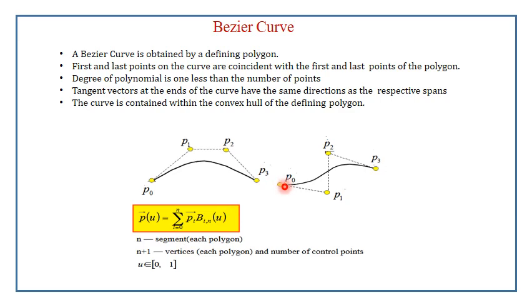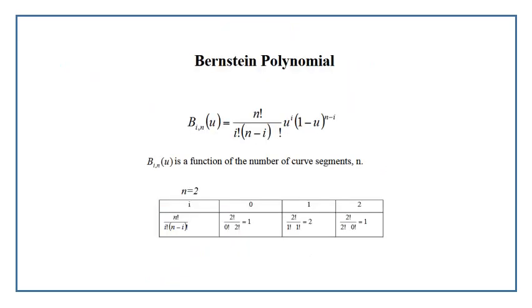Here n is the number of segments of the polygon. If your curve is cut down into 2, then the segment count will be 2, and so the control points will be n plus 1, which is 3. That is, if the control points are 3, then the segments will be 2. So this is the Bernstein polynomial, which gives the representation of subcurves which can be grouped together.